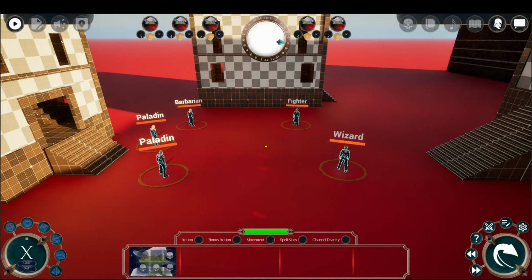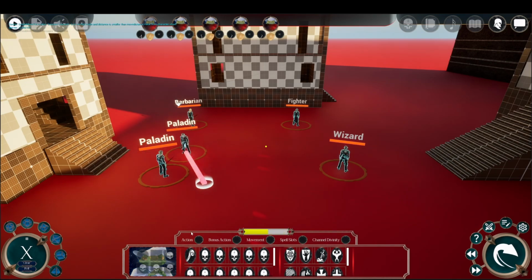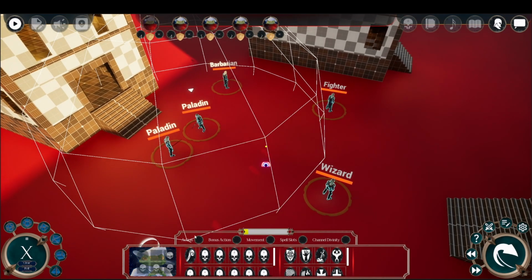In Aporion VTT, combat encounters are managed through a fully automated initiative tracker that synchronizes turn order, character resources, and UI feedback across all connected players. In this video, I'll walk through how the initiative system works, both from the player's perspective and from the system